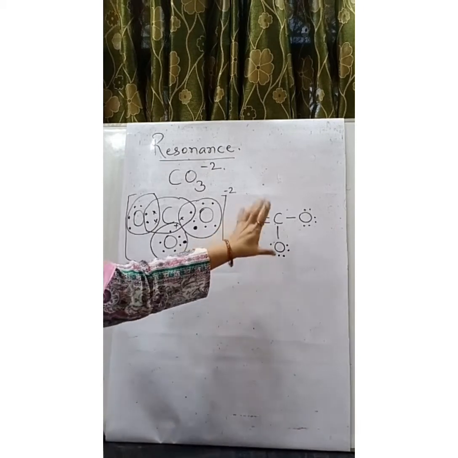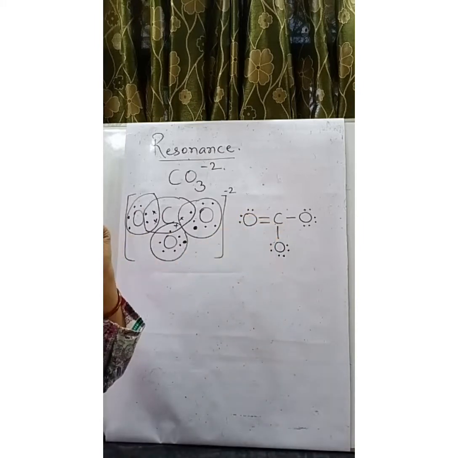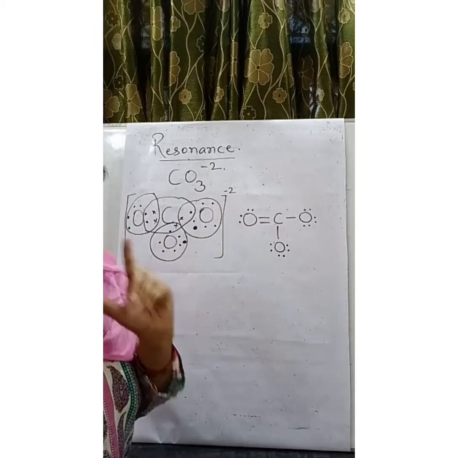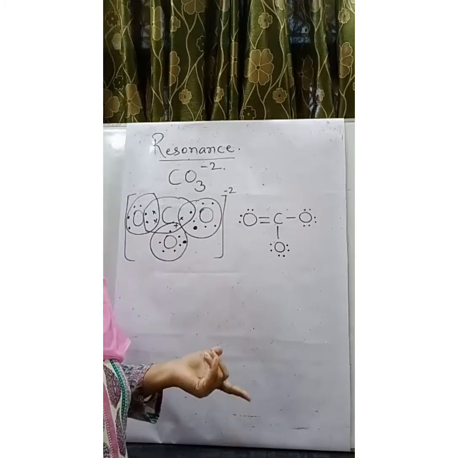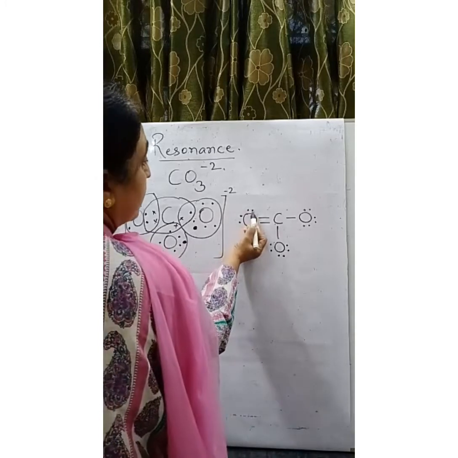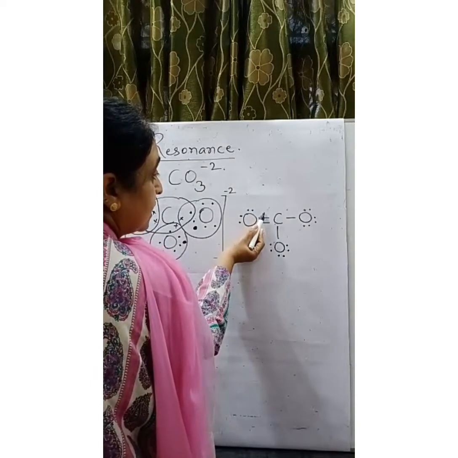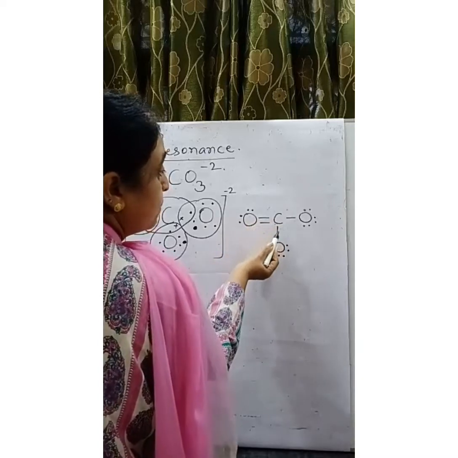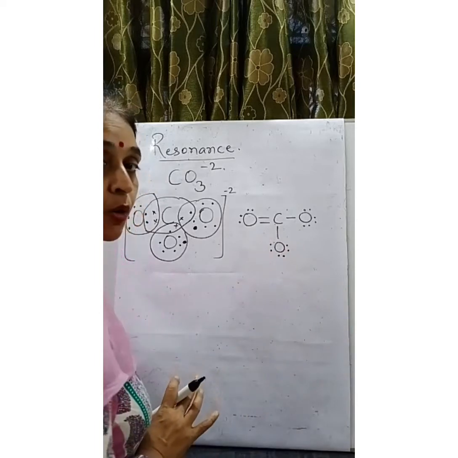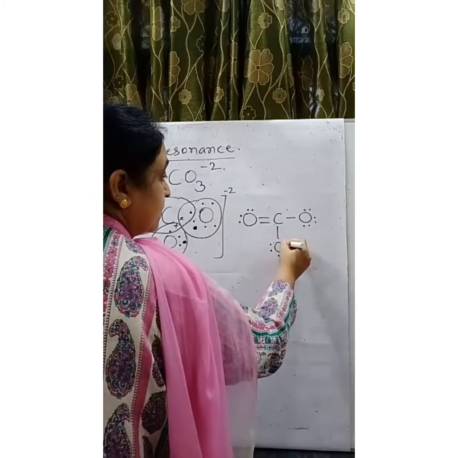Now we can start from any direction. Suppose we move from here. Carbon at any time can form 4 bonds. You have to remember one rule: one bond breaks to form a pair of electrons and one pair of electrons forms one bond. Now if this lone pair goes on to form a bond, then what is the ultimate effect? Any one of the bonds has to break, and if this bond breaks, then oxygen is going to become free and there will be no existence. So we can't start from this side. So you can start from any of the other sides.